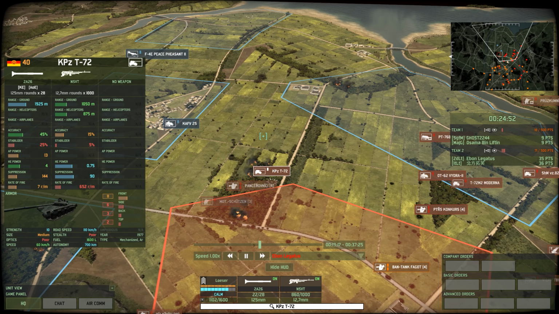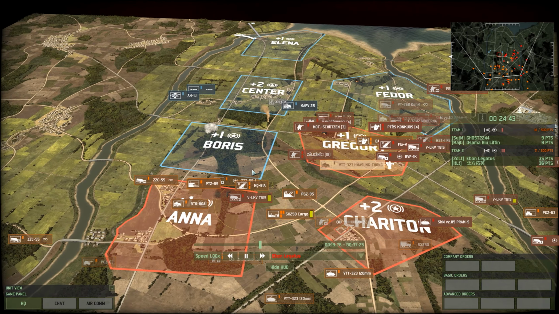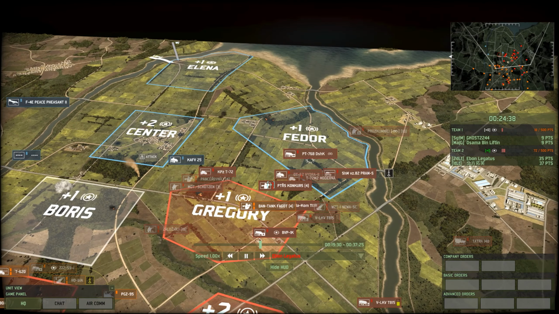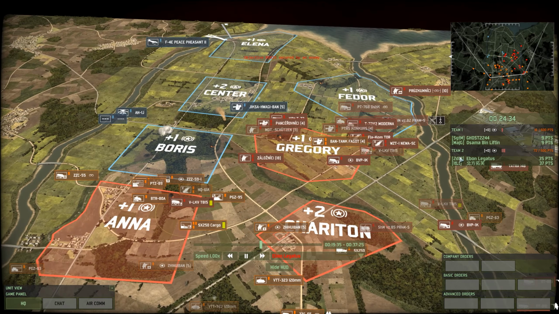So far, so not terrible, and we do also have a CV going up for Boris. Plus, now with the Gregory cap, if we can countercap Boris, that is a +1 tick. Also, we have a fair amount of control over the right hand side in Fetter, so we could cap that as well if need be, if we really did want to go for that +2,